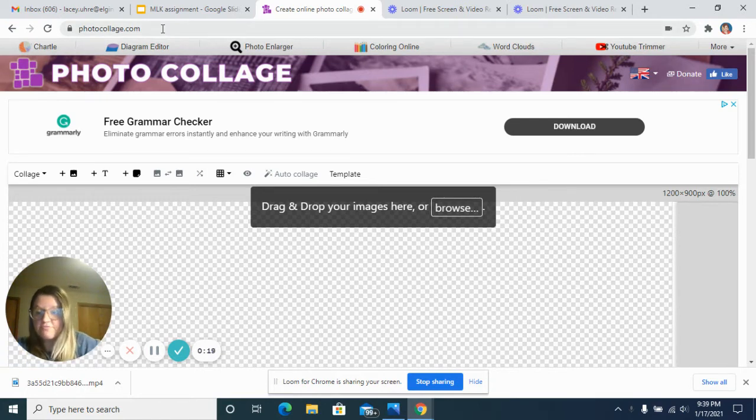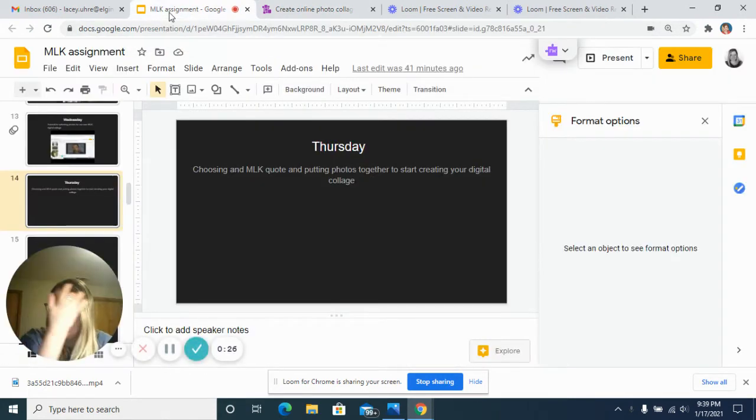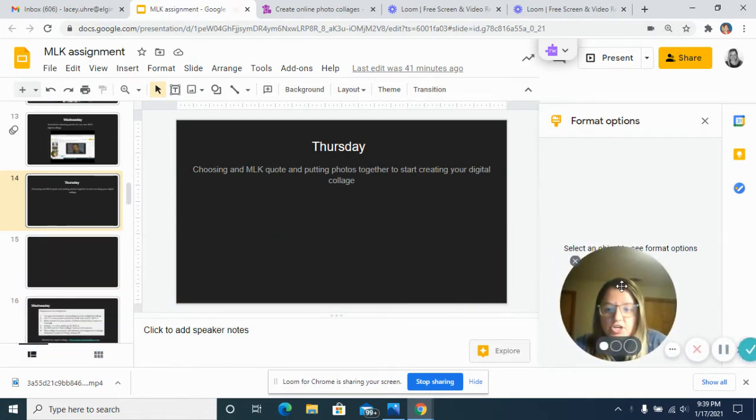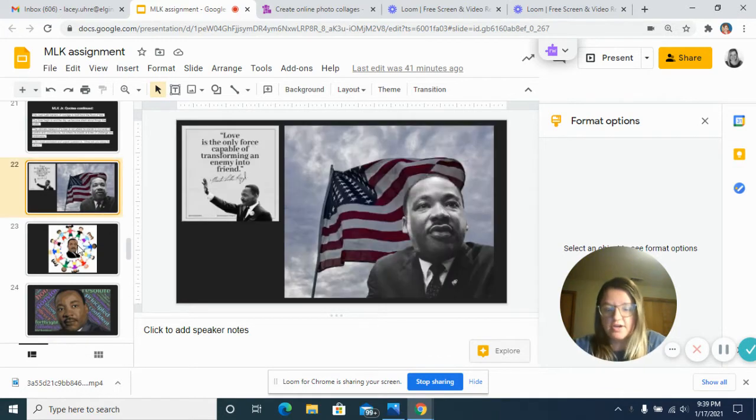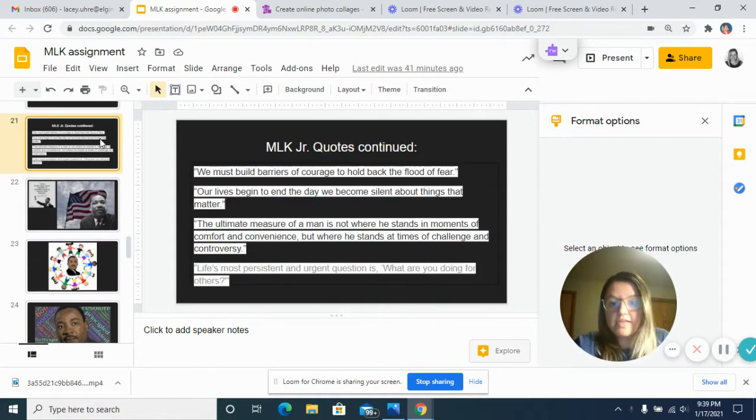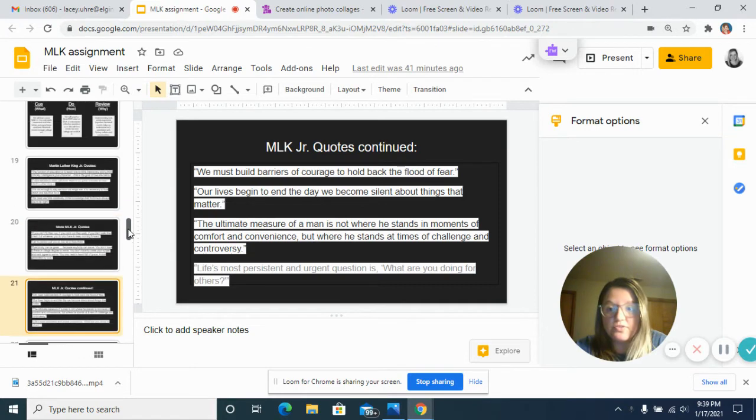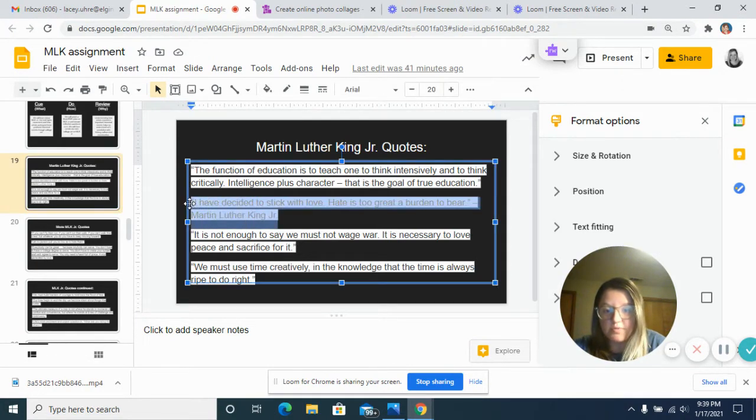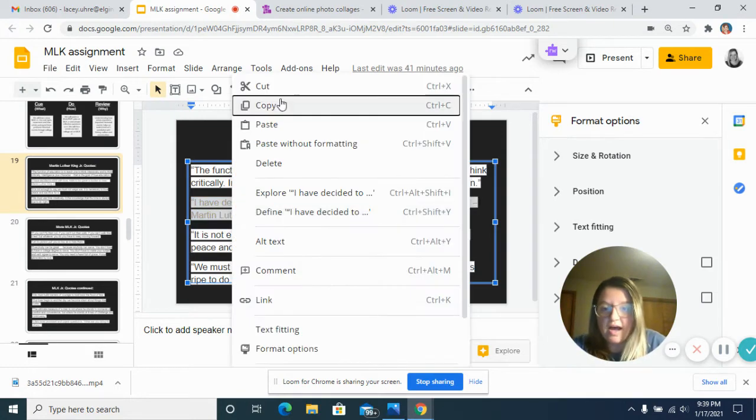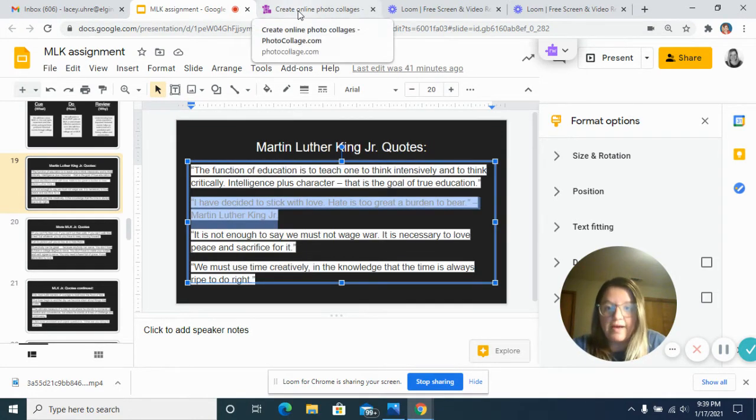Before you pick out your photos, before you take your photos and drop them in here, I want you to go back to our assignment. On our assignment, before all the photos that you got to choose from for your collage, I have some slides of Martin Luther King Jr. quotes. So I want you to choose one of these quotes. You can go ahead and select it just like this. It won't probably look like that, but you can copy it. And then when you go back to photo collage,